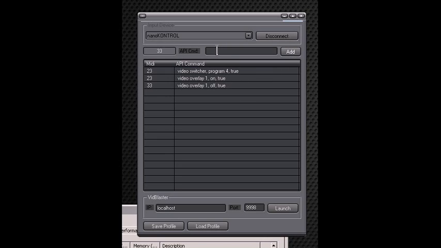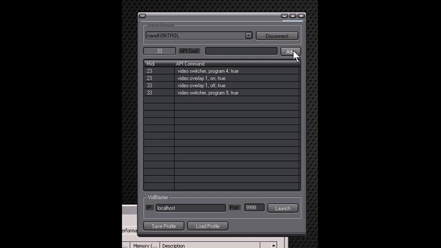And then we're going to tell it to do video switcher. And by the way, if you misspell this stuff, it doesn't work. Program, program, and effect 6 is number 9 on the program bar, and true.